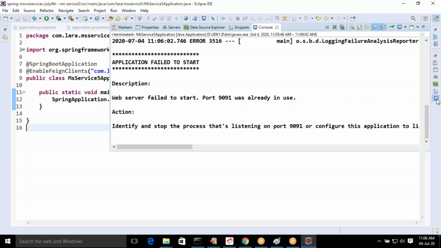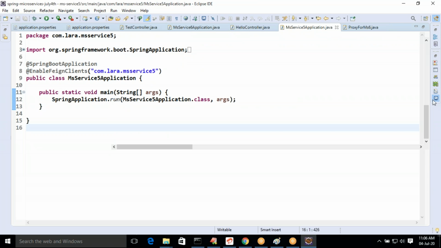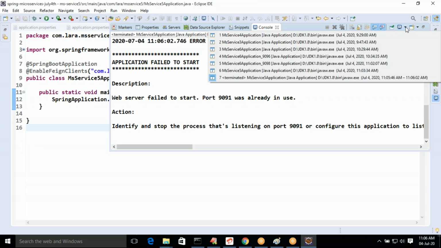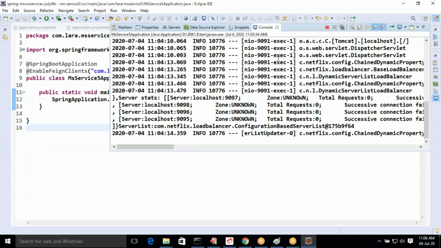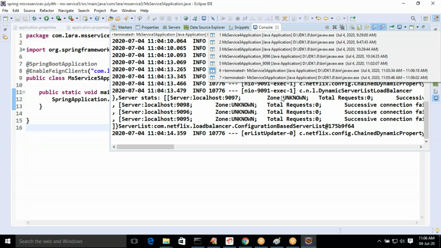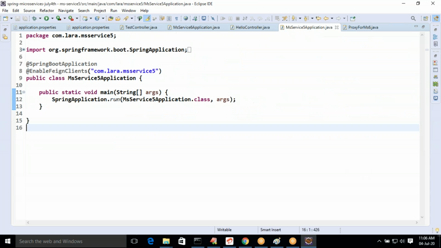9091 MS Service 5 is stopped or not? MS Service 5 is not stopped, something else is stopped. MS Service 5 is not available. Now 3 instances of MS Service 6 is running, no problem. So let us run MS Service 5.